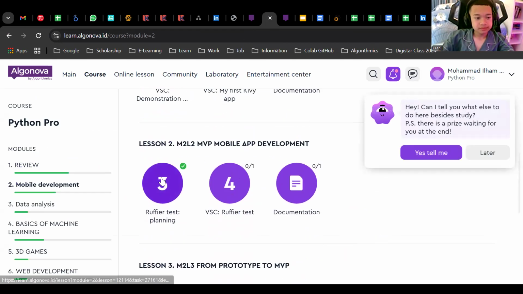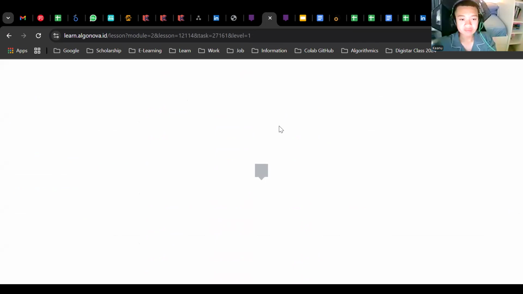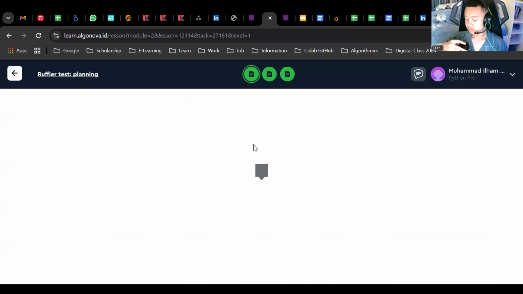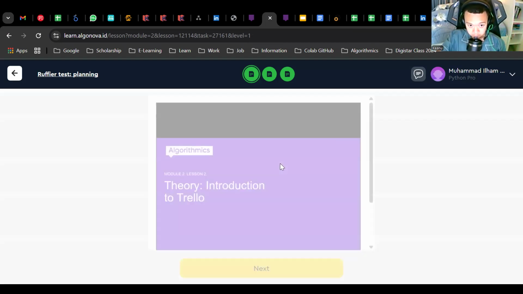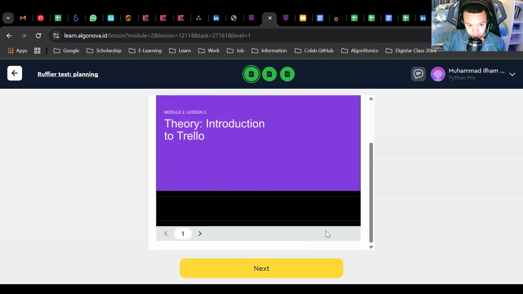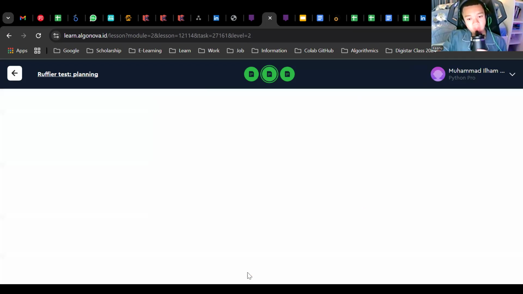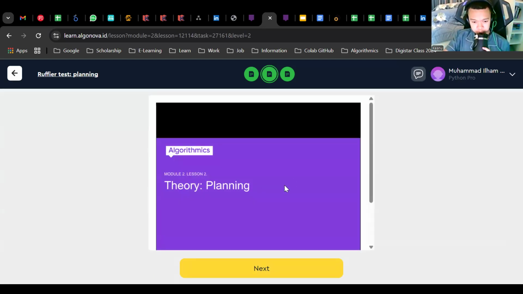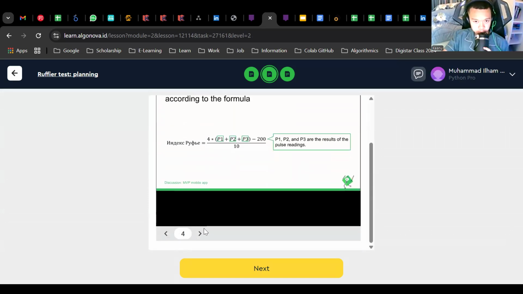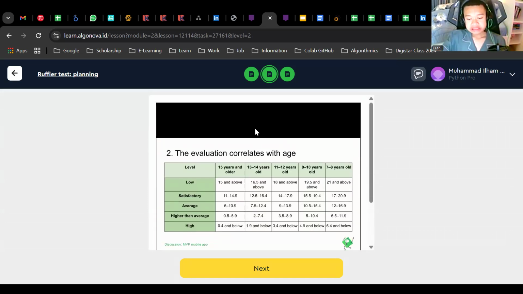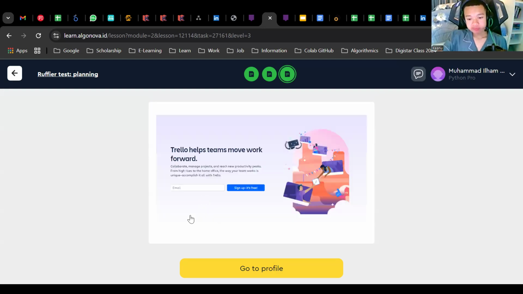Okay, so we go here, as you can see. So we go for the planning stage, yeah. You can read this one anyway. Just, you can read the simple one of this. Okay, as you can see, it's the theoretical aspect. You can see here, if you want to learn about the Trello more, and then also this document, you can also read this for the planning for the theoretical aspect, and also about the index formula, and then the third document is also this one, yeah.